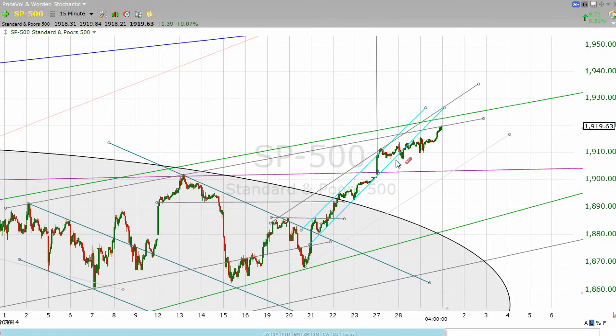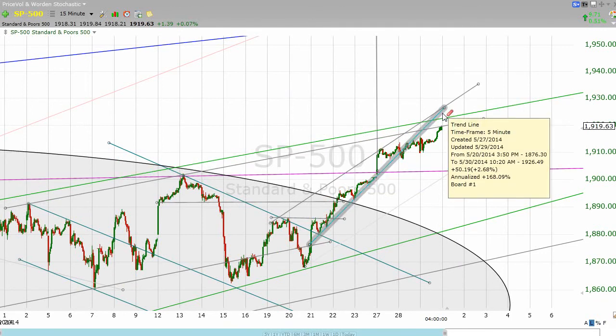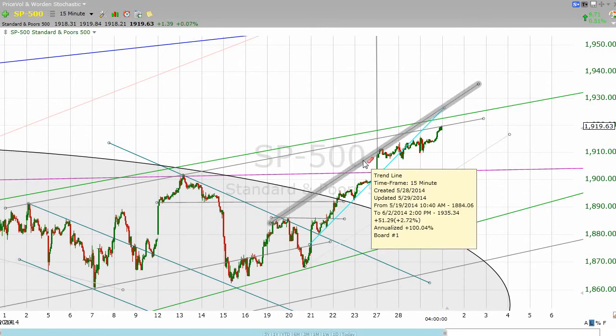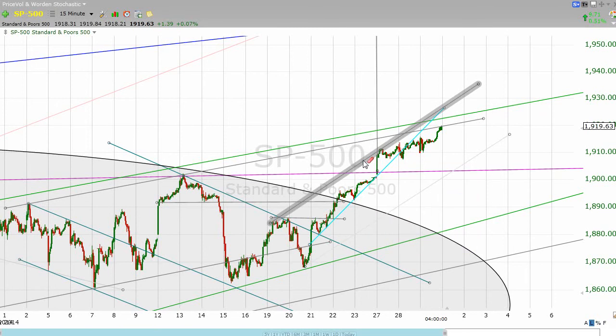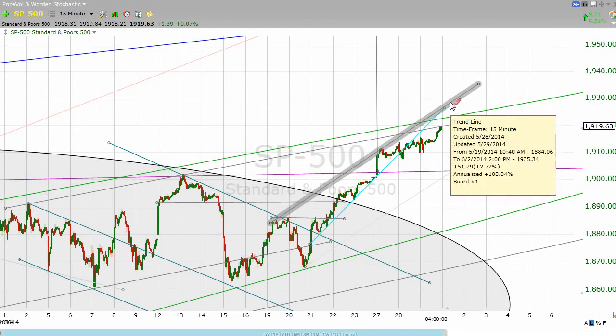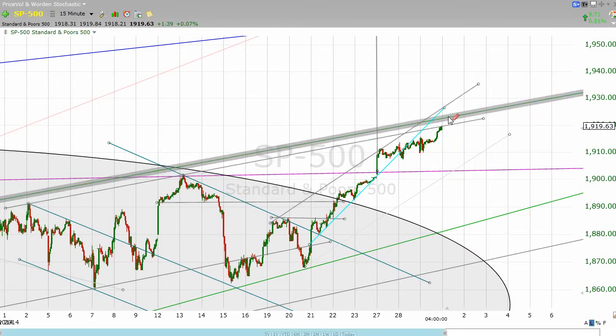I'm going to get rid of this top line here. There's a possibility that we could come on up and even back test this line, but I'm thinking this should probably end up being a resistance line right here, if we're able to get up above this green line. I don't think we have too much further to go. But I would look at both of these as being obstacles. I don't think they're